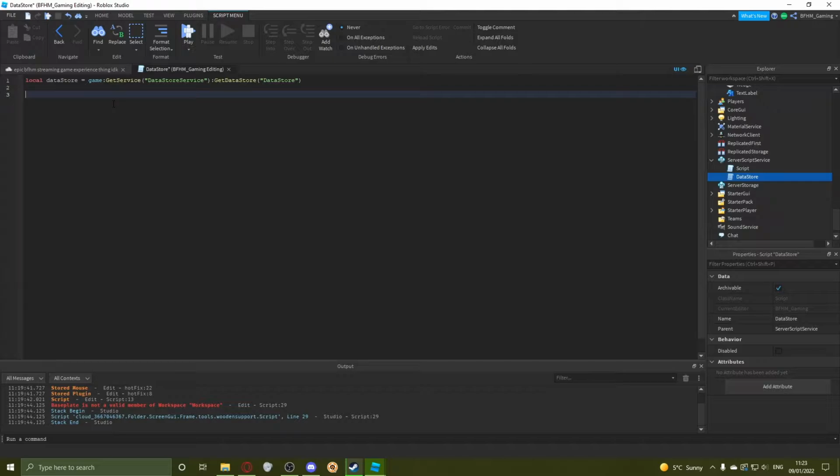So now we need to make a leader stats thing, like a leaderboard. If you've watched my other video, you'll know how to do this. But I'm going to say game.players.player added connect function player. Yeah, I'm going to go through this kind of fast in case you've already done it. Local leader stats